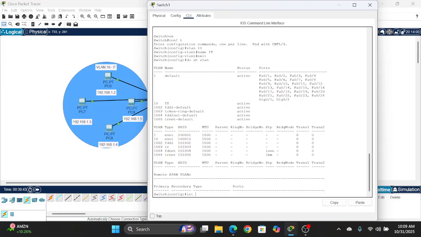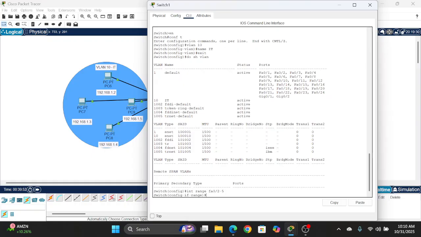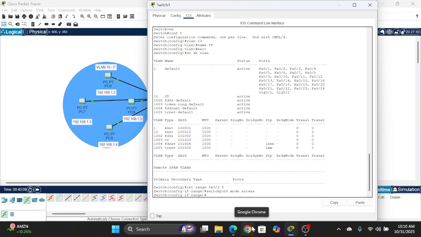So we're going to enter interface range, so the range of ports that we're going to be working with, FA0/2 and then through 5. So now we're in the range of all these ports, and now we're going to switch port to access into these VLANs, so they are connected to this VLAN. So we're going to switch port mode access,